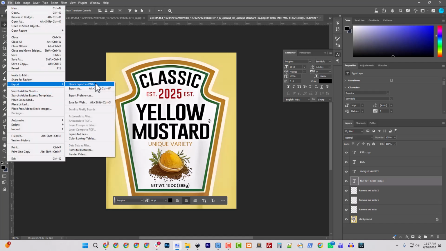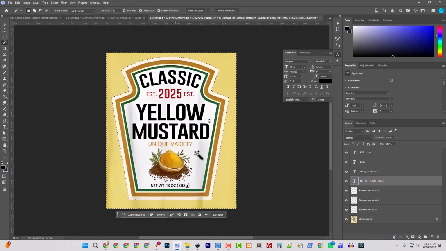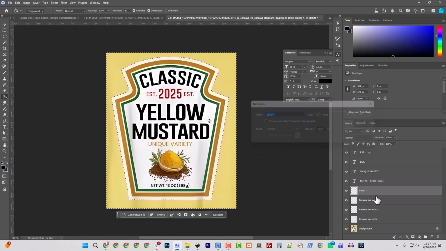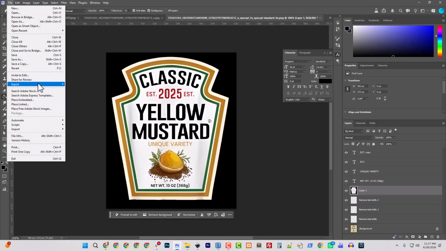Let's do this. So we're going to, I think we need to show it that it's against black. Let's show it against black. So we'll try to select this outer area. And we're just going to put it against black. So right here, Control-Shift-N. And I'm just going to put a black background. Perfect. All right, I think we're ready to go. Let's export this